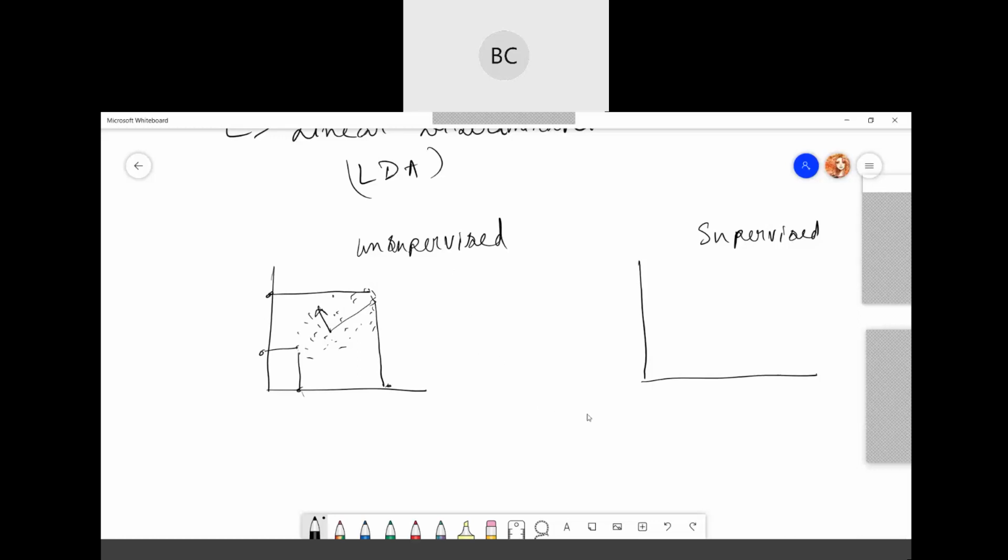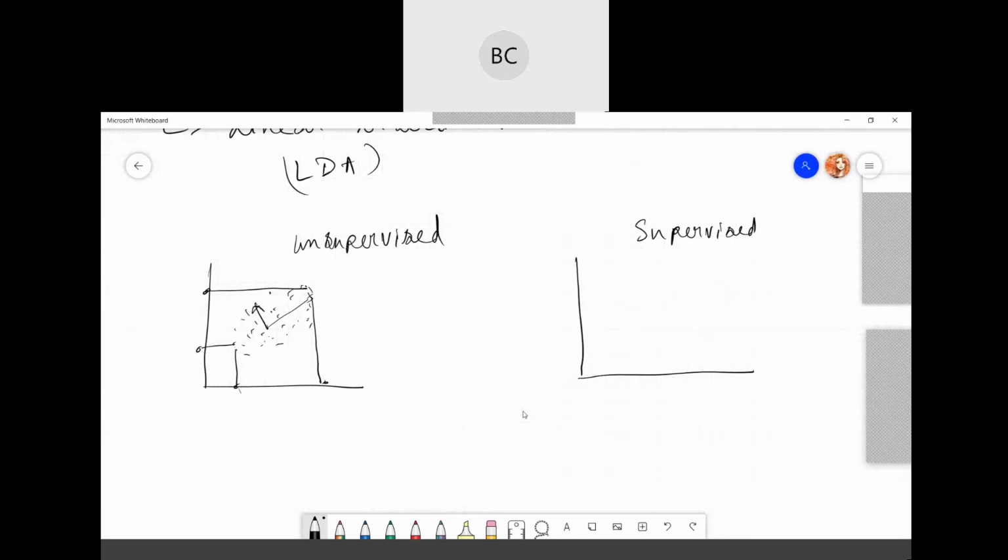In contrast, LDA will attempt to find a feature subspace that will maximize the class separability. That means LDA is also used for classification. Suppose this is your feature set and this is another feature set, so it will try to find the difference and maximize the class separability.